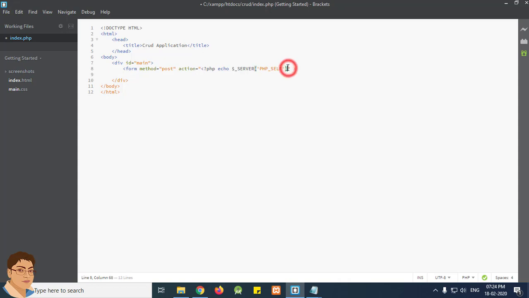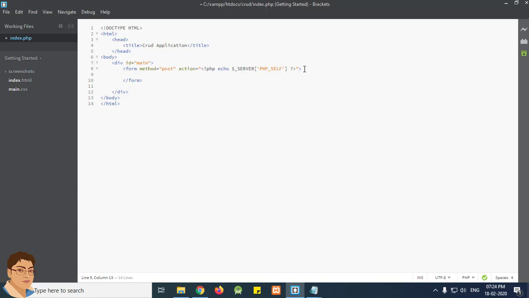Okay, we need to close the PHP tag as well. Form is closed. Inside this form we will create a table for which we want to ask for information like